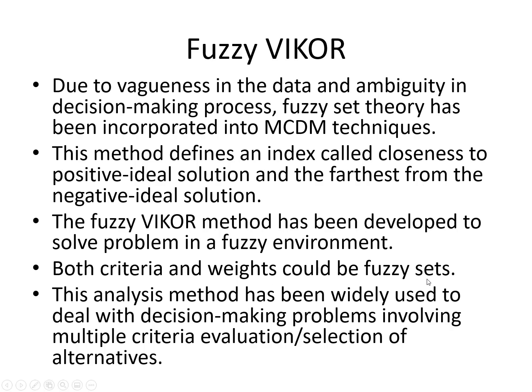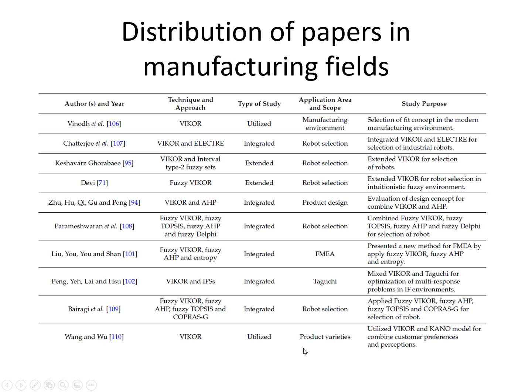So we will assign weights for criteria and for alternatives, and we will formulate that not in the form of a normal set, but in the form of a fuzzy set. This analysis method has been widely used to deal with decision-making problems involving multi-criteria evaluation and selection of alternatives. You can see the distribution of papers in the manufacturing field. Winner et al. used Vikor in a manufacturing environment,